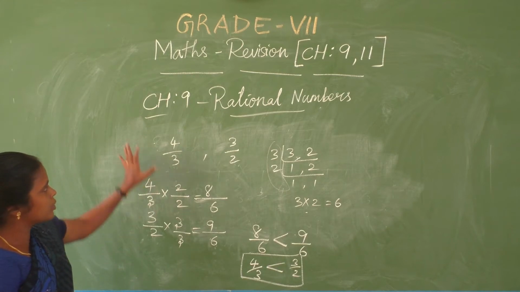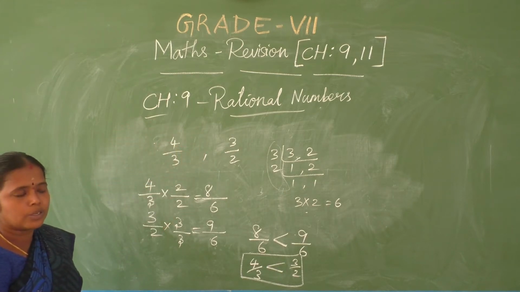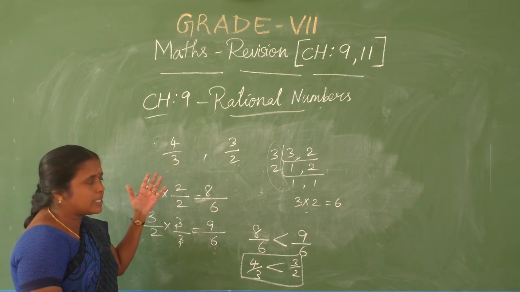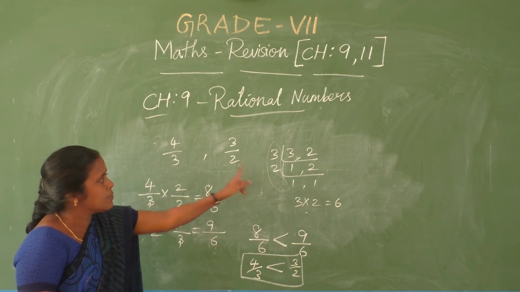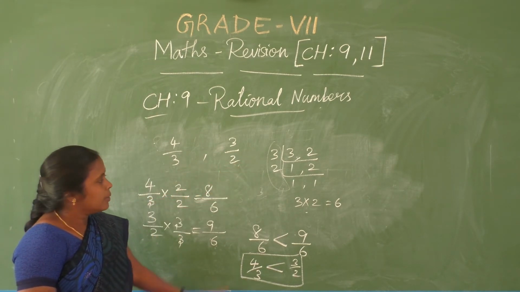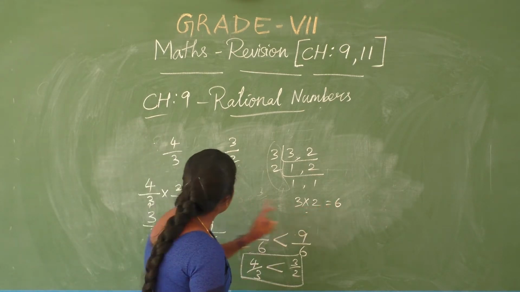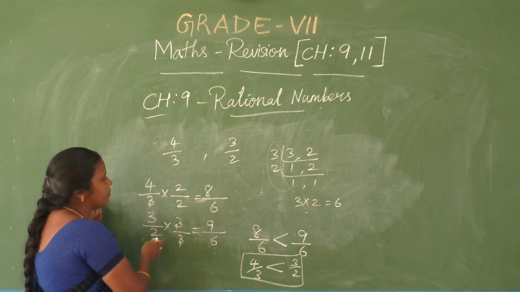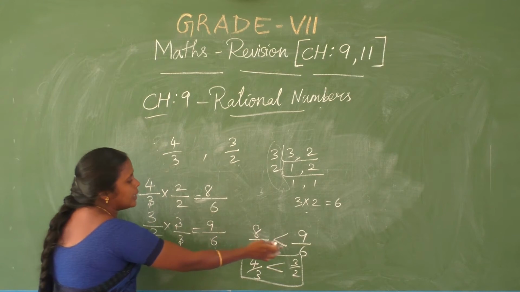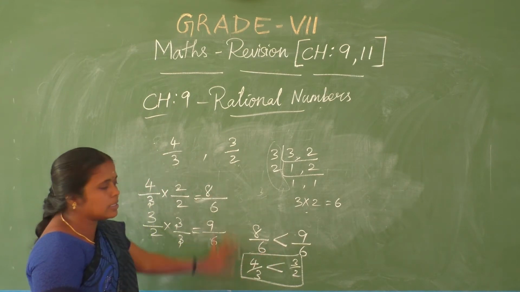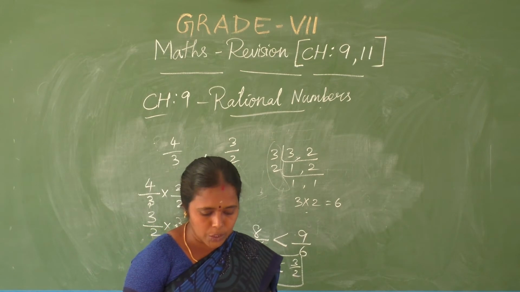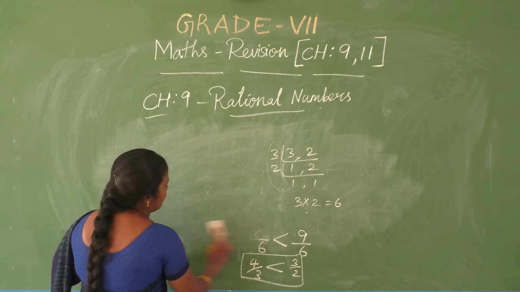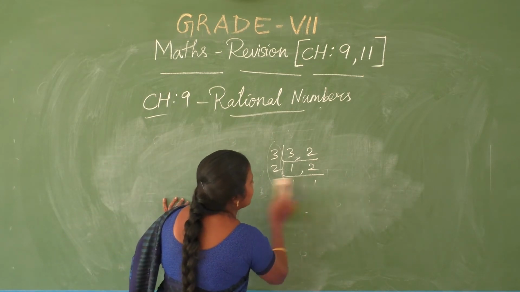What I did actually, heading: comparison of two rational numbers. How to compare them? In the beginning they are different portions, so we can't compare. So we have to find the LCM of the two denominators. With the LCM answer we do the equivalent work. Equivalent fractions of the given fractions we have to find out. And then check which is bigger, which is smaller. This is the procedure for comparing two rational numbers. Understood? For the negative category also the same way. While calculating you can read their signs.